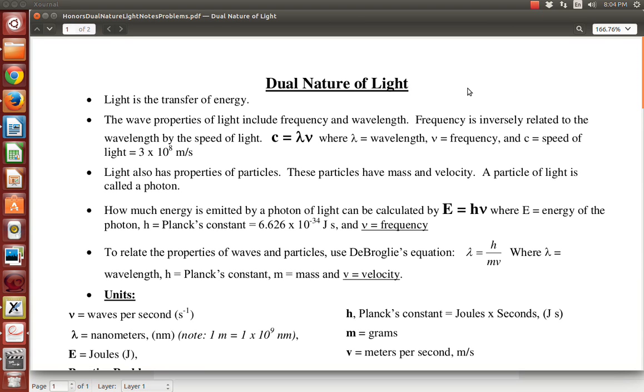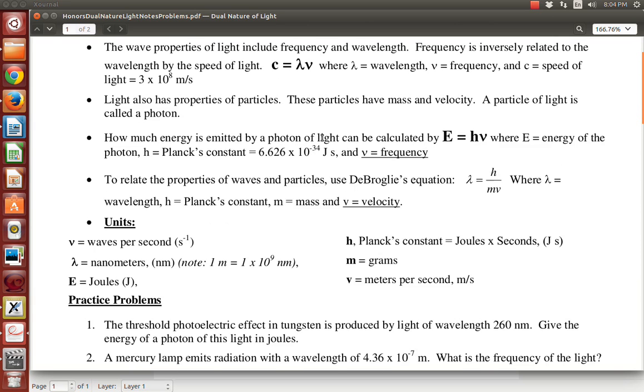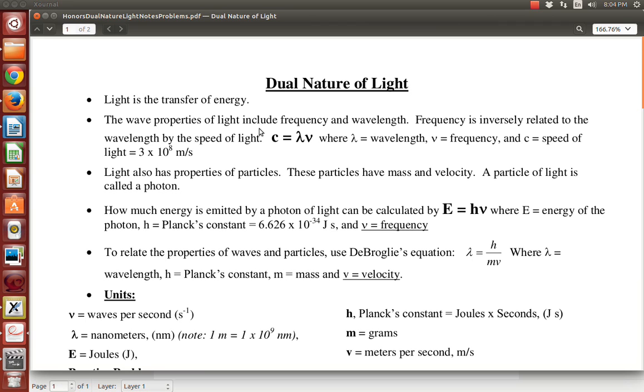Hi, this is Mrs. Cribb, and this is a tutorial on doing the dual nature of light problems that are in the Honors Quantum Theory homework sheet. I will have given this sheet out to you in class, or I'm about to give it out to you in class. And the top part gives you the formulas that you're going to need, including this one right here,